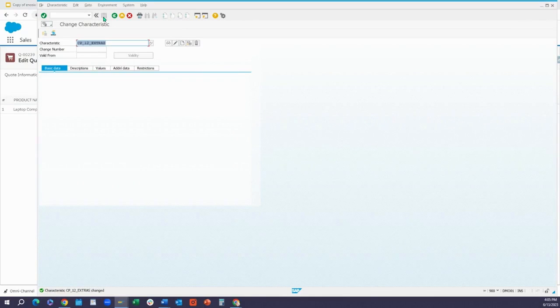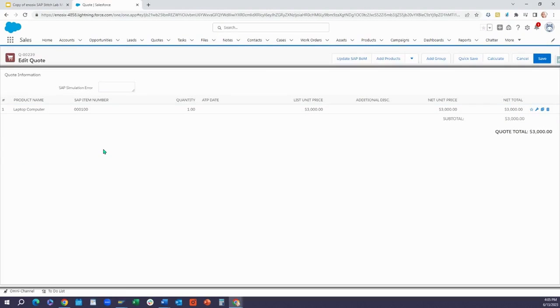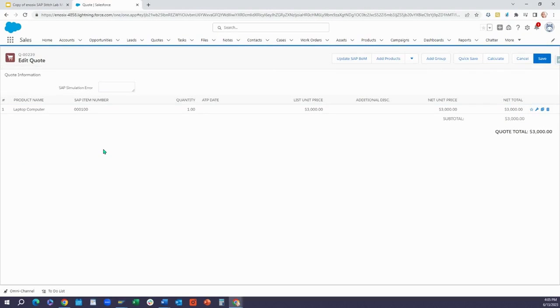So imagine the laptop has changed. We have new graphics cards available. The old one was deprecated. The two new ones are now in SAP on these values. And what are we going to do for our quote here? Well,